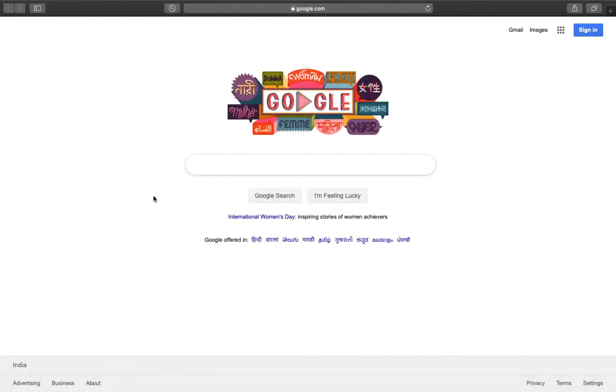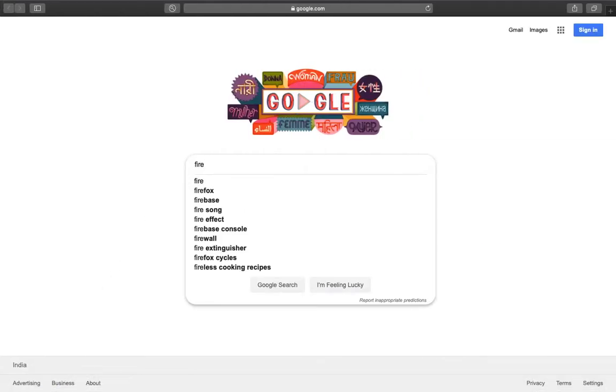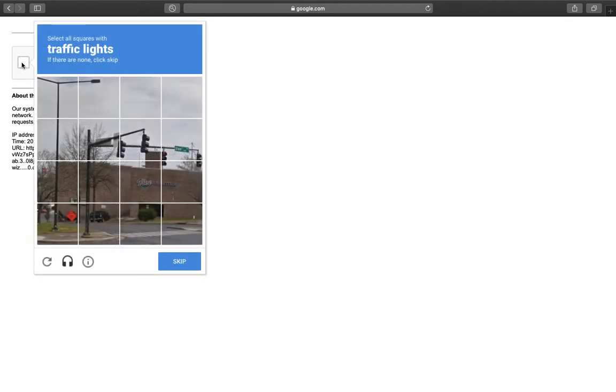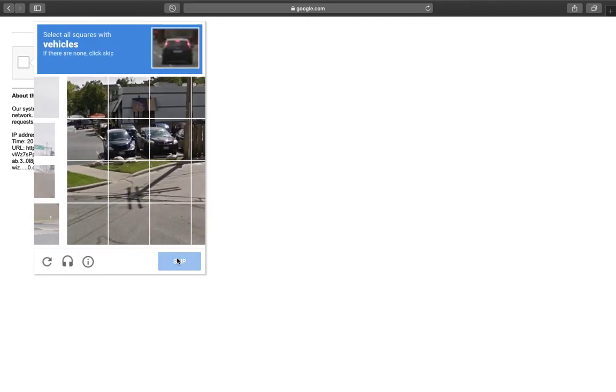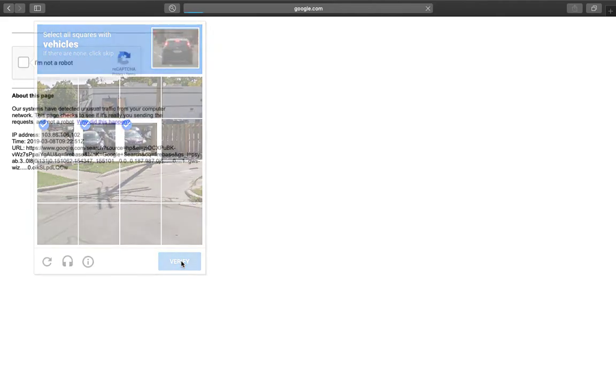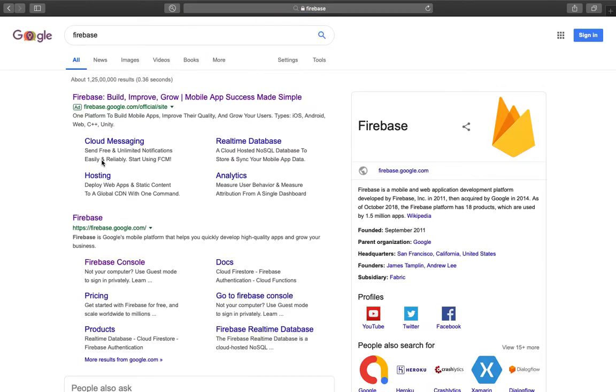First thing you have to do is open your favorite browser. You just write Firebase. Probably you won't have to do this. I'm just doing it because there's no account signed in, but it's not going to take long. Okay, so just click on the first link,